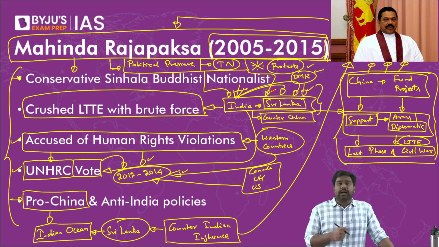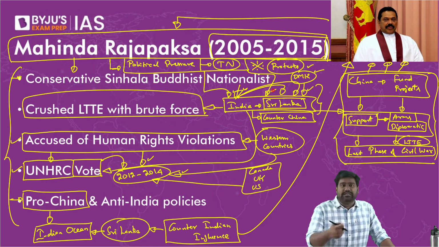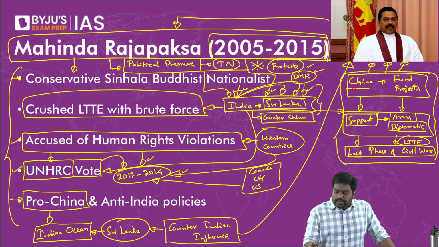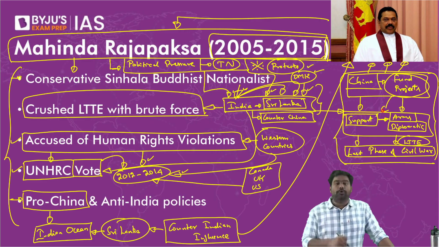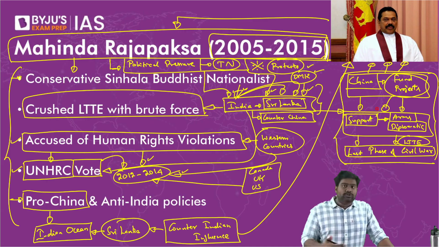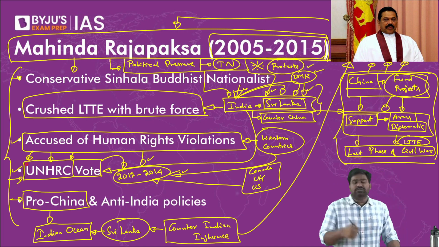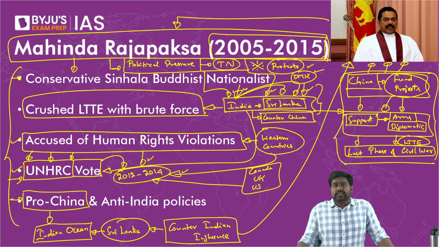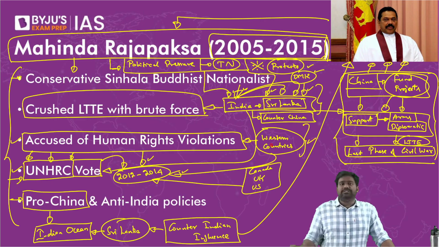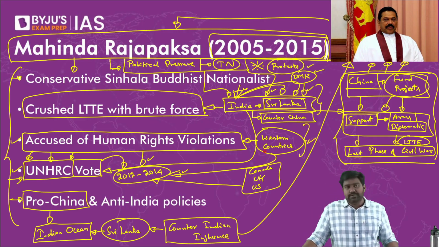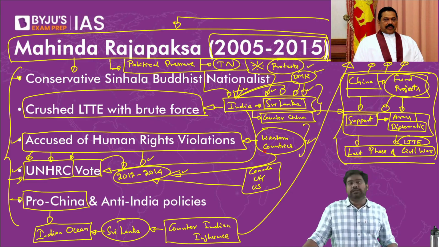So as India was held back and we had to work secretly just to give some limited support, China overtook India and gave all the support needed in the last phase of the war. That's how China got closer to the Rajapaksa brothers. It gave them all the support with regard to weapons and funds. And later, when the diplomatic issue came up at UNHRC regarding human rights violations, China was the one which backed Sri Lanka, whereas India, at the last minute, had to go against Sri Lanka and side with Western countries. See, generally, we don't support such unilateral resolutions at global bodies, which are pushed by developed countries against small countries.